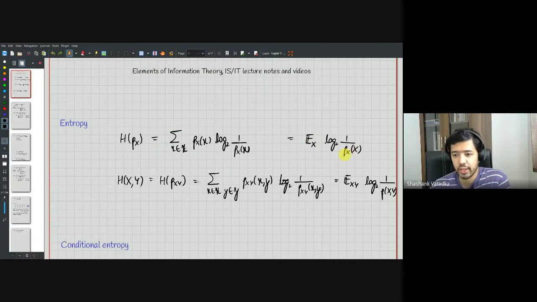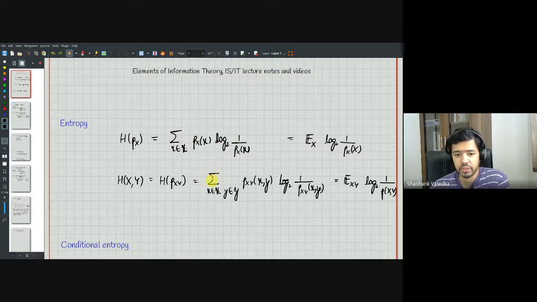If you look at log 1 over px of x as a random variable, then the entropy is basically the expectation of log 1 over px of x, where this x here is a random variable. And this follows just by definition. So the expectation of this random variable is summation p of x of this,